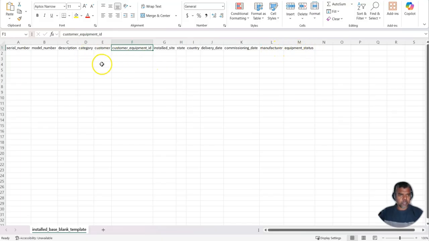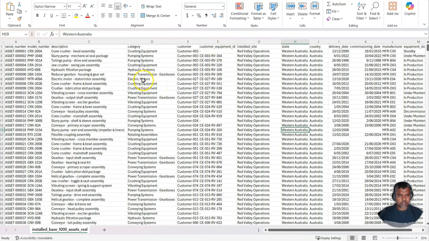This one is done from an OEM perspective, but this can also be done from an end user's perspective, where we'll have additional details like plant ID, vendor detail, which is already here, manufacturer, and so on. So once you fill this information using your existing install base, which could be in an Excel document or any CRM portal or ERP portal,